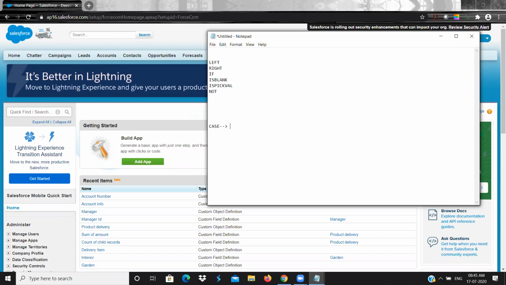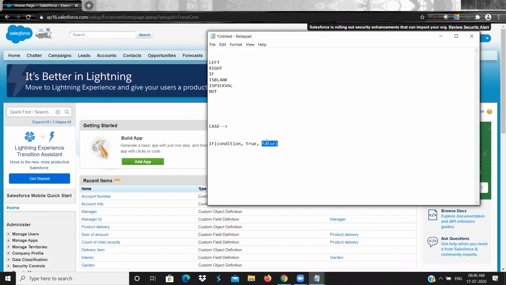See, there is a difference between if and a case. In if, you give a condition. If the condition is true, this will execute. And if the condition is false, the statement you give here will execute, right? That's what if is. If you want to have an if else, like an if inside an if, in the false side you will add one more if.